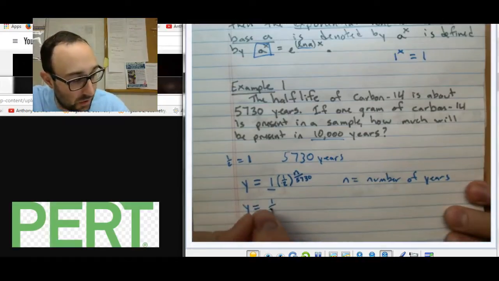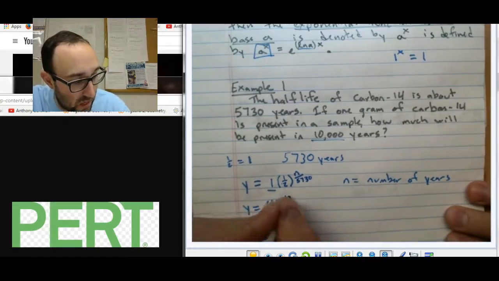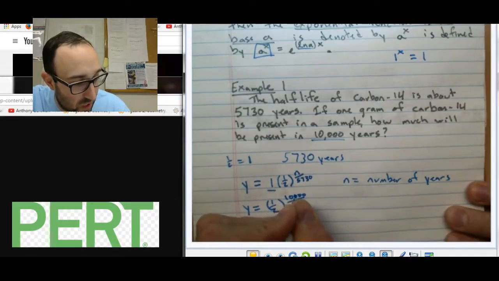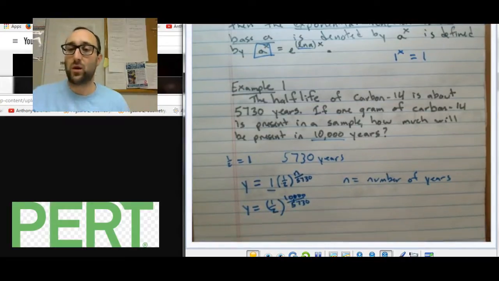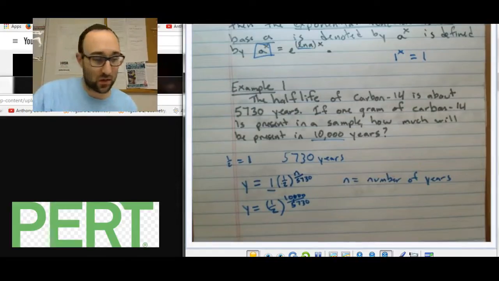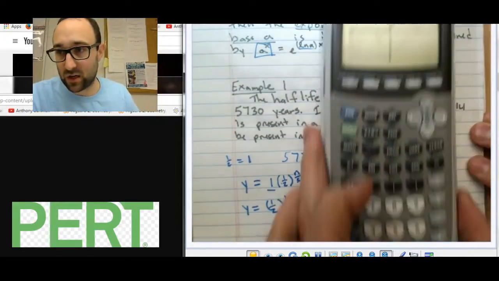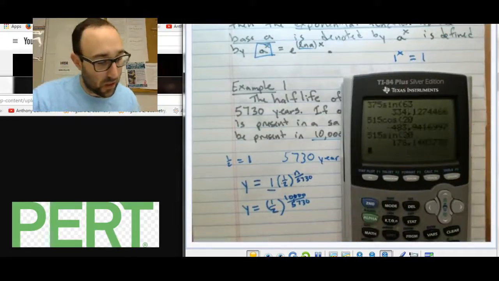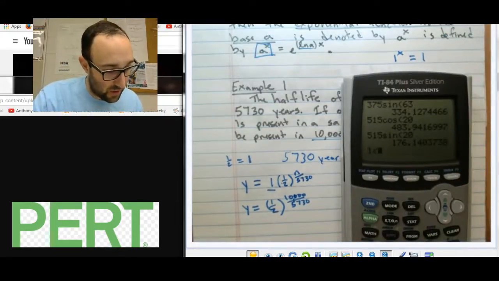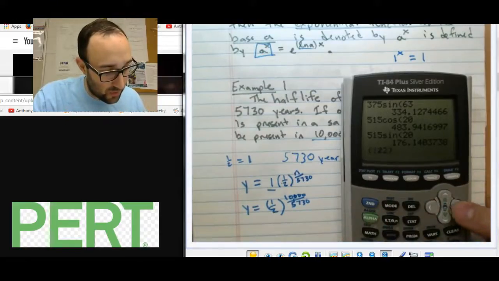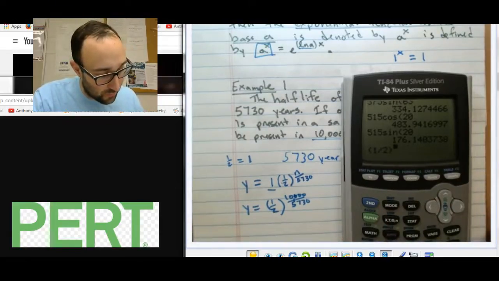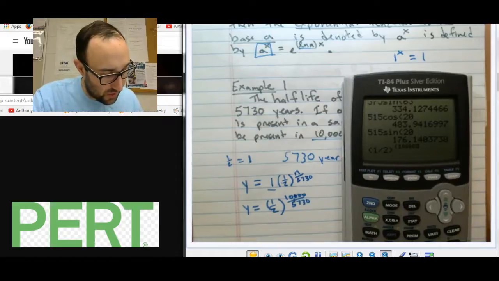So I'm just going to do 1/2 times 10 to the 10,000 over 5,730. All right, and then why don't we just grab our calculators and figure this all out? So there's the calculator. And we have 1 divided by 2, close my parentheses, open my parentheses, 10 to the power of 1, 2, 3 divided by